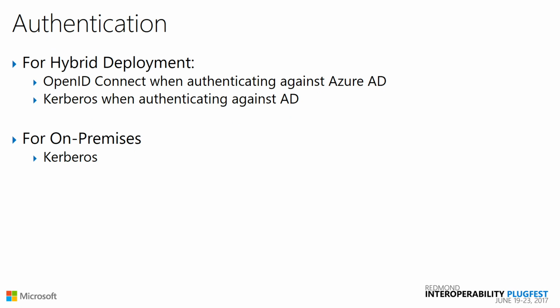The reason I did not mention the first one is because that does not involve Kerberos. But the first type of authentication, which is only the Azure AD deployment, OAuth and OpenID Connect will be used to authenticate you. In the case this presentation is all about, which is using your on-prem DC, if you have a hybrid deployment, either one can be used, because when you provision your public key in Azure AD, there